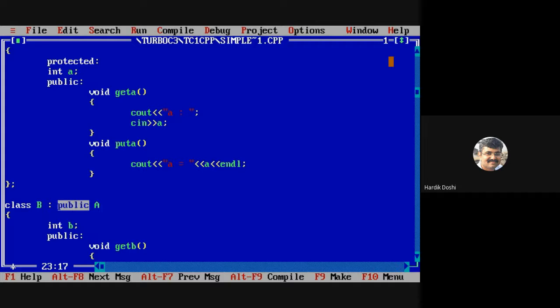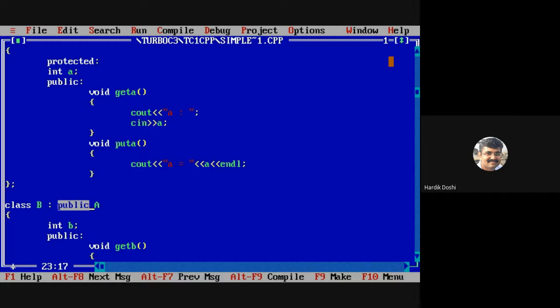But security can increase: from public it can become protected, or from protected it can become private. This is a general rule you keep in mind. Now we will discuss our concept.